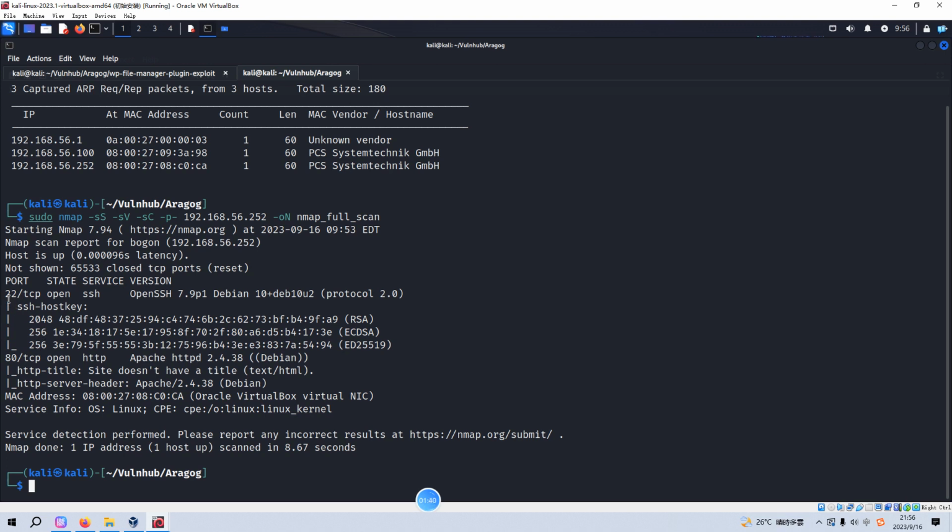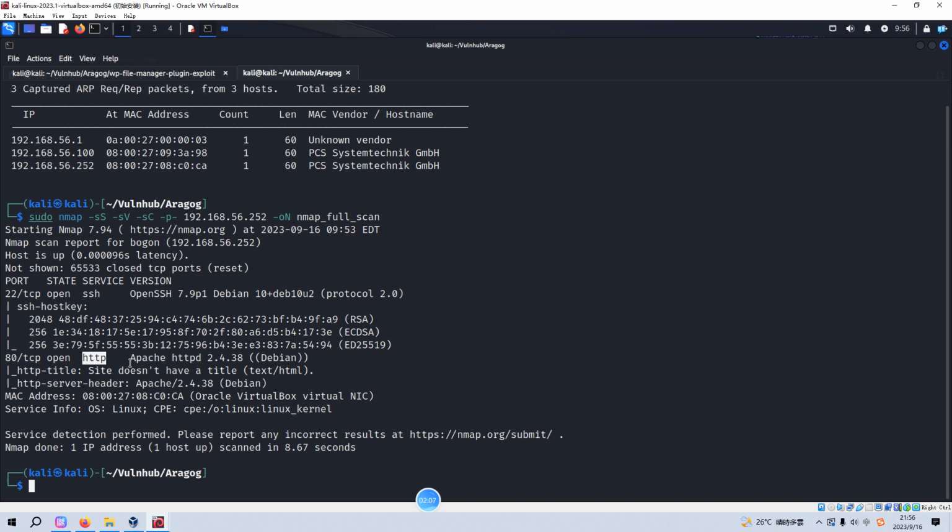The first one is 22, which is running SSH service, and also the corresponding version information. As we know, this version doesn't have any vulnerability. And the second one is 80, which is running HTTP service, and also the actual version information, which is Apache